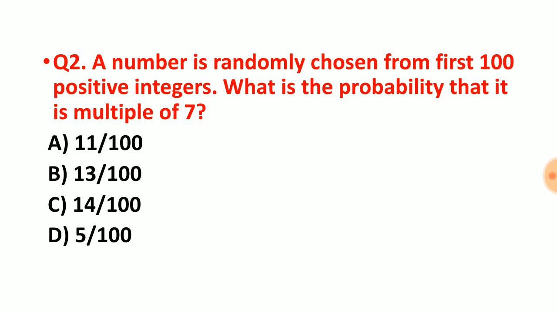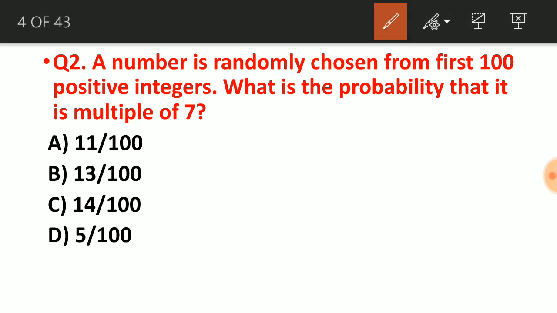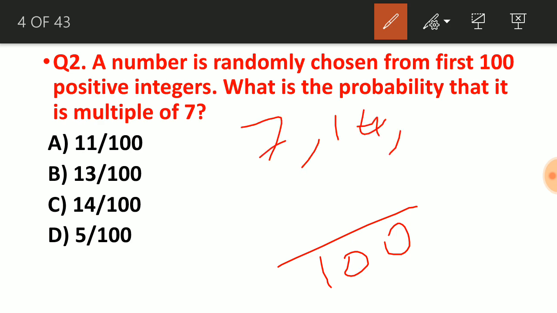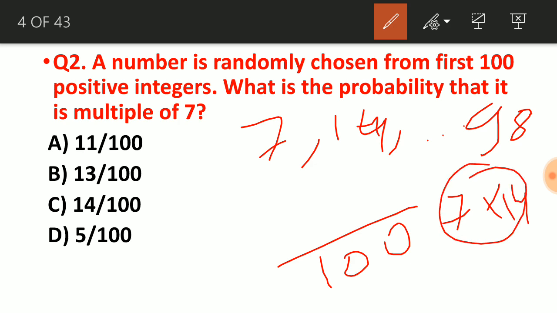Now let us see question number 2. A number is randomly chosen from first 100 positive integers. What is the probability that it is a multiple of 7? If we see this, there are total 100 numbers from positive integers from 1 to 100. Multiples of 7 means 7, 14, 21 and so on till 98. So 98 is the last term that is a multiple of 7. So 7 into 14 is 98. So there are 14 terms that are multiples of